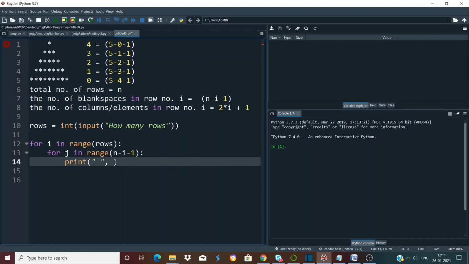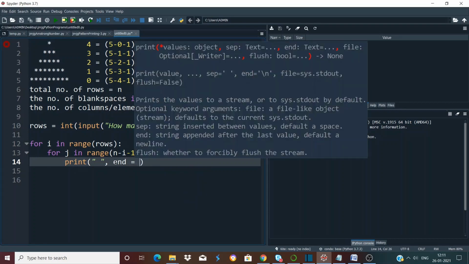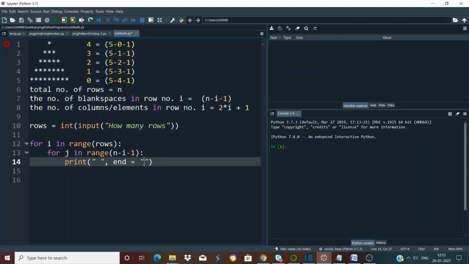So we have to replace the default value of the end parameter by an empty string. You can either do it this way, or you can directly mention the blank space in the end parameter only, and then you don't have to mention anything here. Fine. So you can do it in either of these two ways.